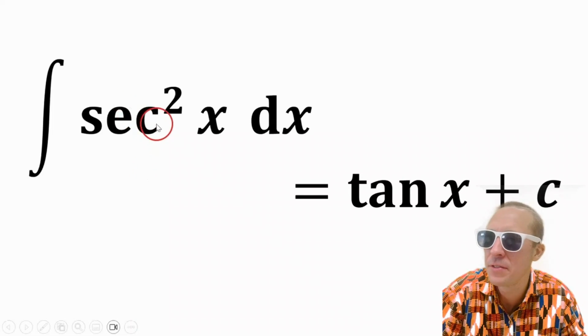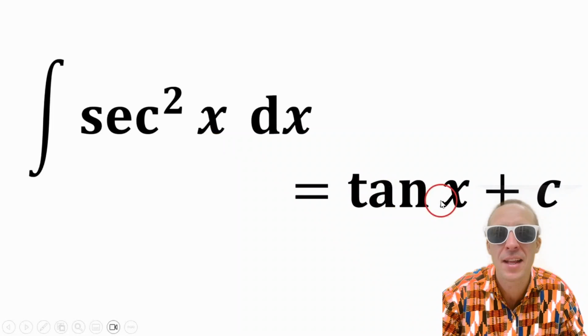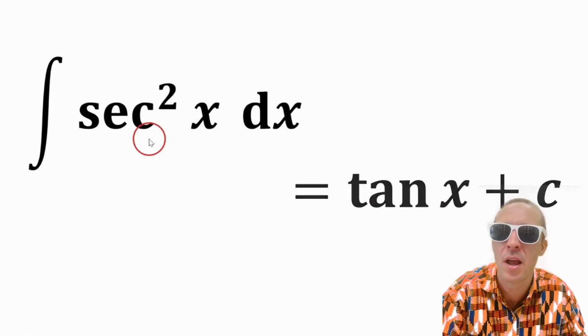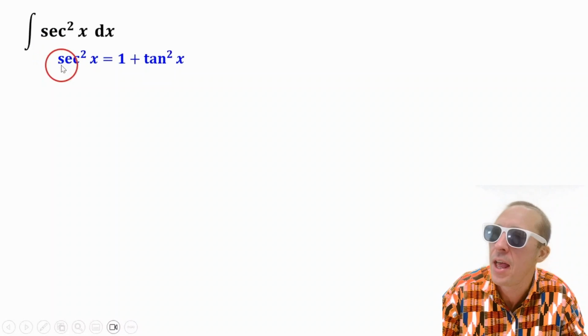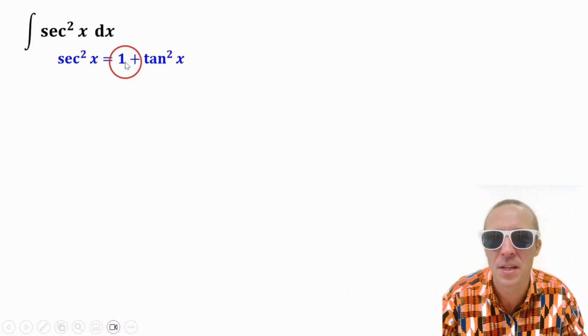My friends, the integral of secant squared x is tan x plus the integration constant. You might know that the derivative of tan x is secant squared x. Maybe you had to memorize it in Calc 1, but I'm going to evaluate this integral without knowing the answer a priori. And to do that, we'll use the trig identity, secant squared x equals 1 plus tan squared x,